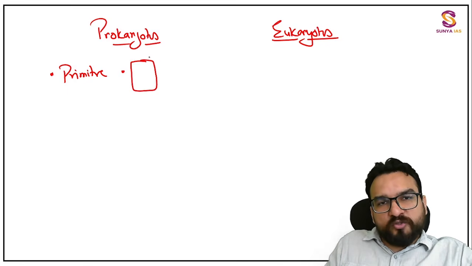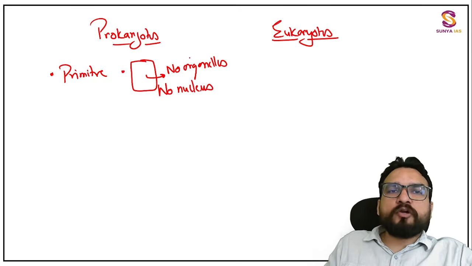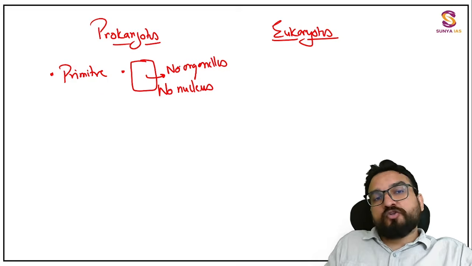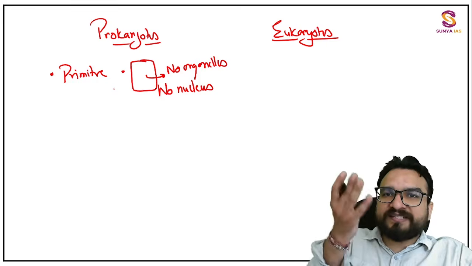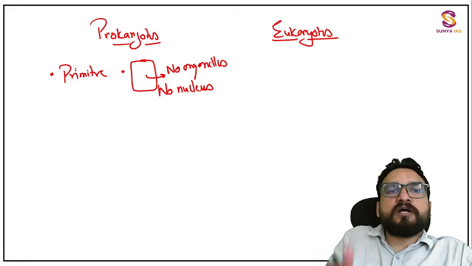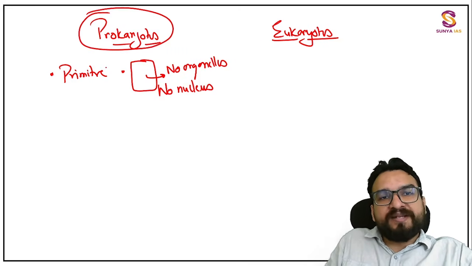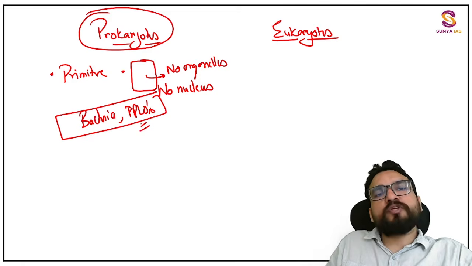You will be finding a closed cell over here, and there will be no organelles present. There will be no nucleus present. Even if any organelle is present, it will not be membrane bound. So it is a very rudimentary type of structure, and these must have existed when life was taking form. So the first creatures to come were the prokaryotic cells. The major examples of prokaryotes you will be finding in the form of bacteria and PPLOs. These are organisms only.